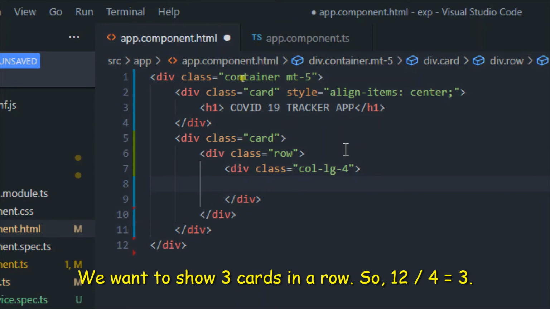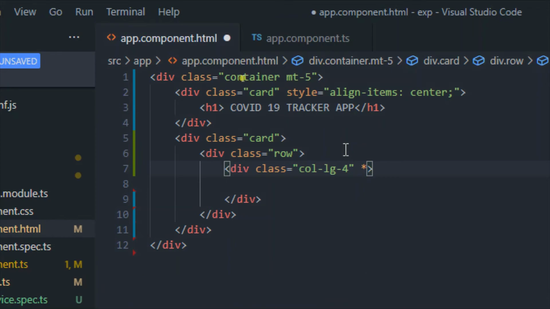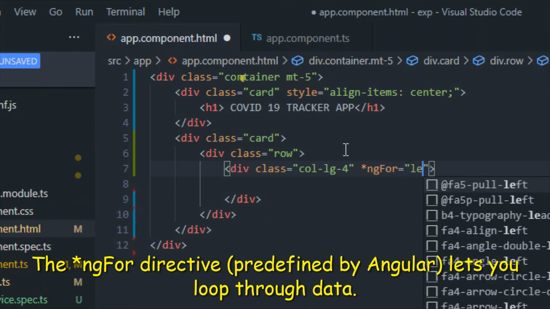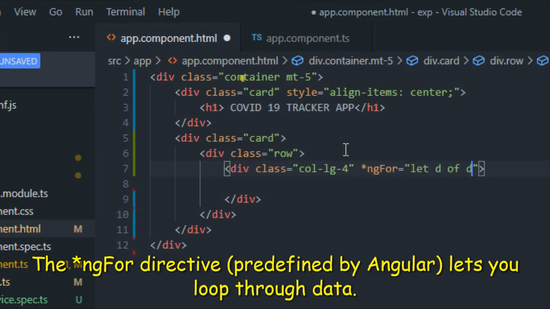Over here let me use ngFor, so that we iterate over our data variable, because the response is now contained in our data variable. We just need to retrieve that data variable so that we can show the values over here. Let me type *ngFor equals let d of data, and a semicolon. Now let me save this, and inside this div let me again take one card.